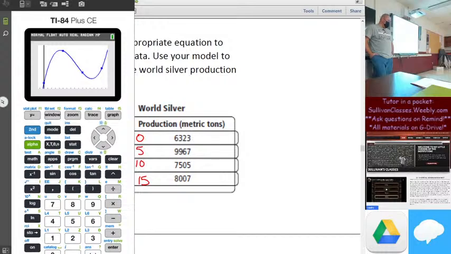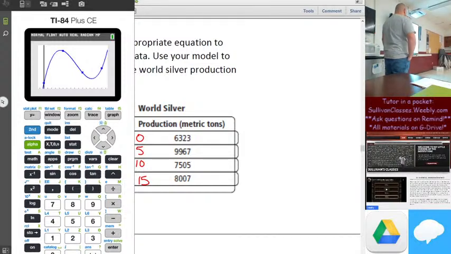There's 4 points. The n plus 1 point principle from back in chapter 5 says, if I got 4 points, there's a cubic that hits it perfectly. If I got 3 points, there is a parabola that hits it perfectly. If I got 2 points, there's a line that hits it perfectly. But you have to make sure that it makes sense in terms of the problem, and that's what we did